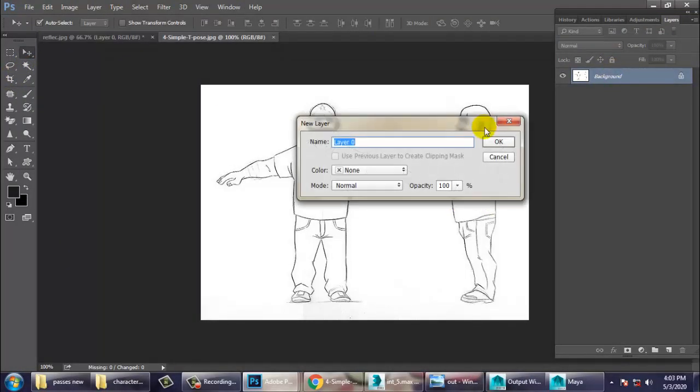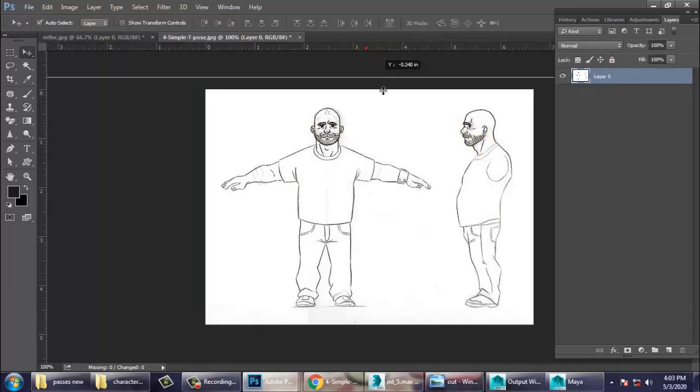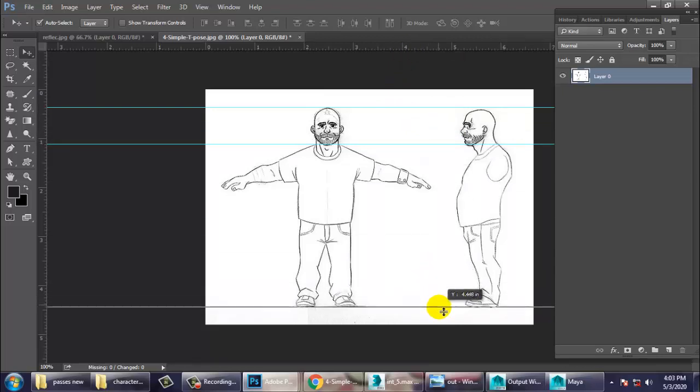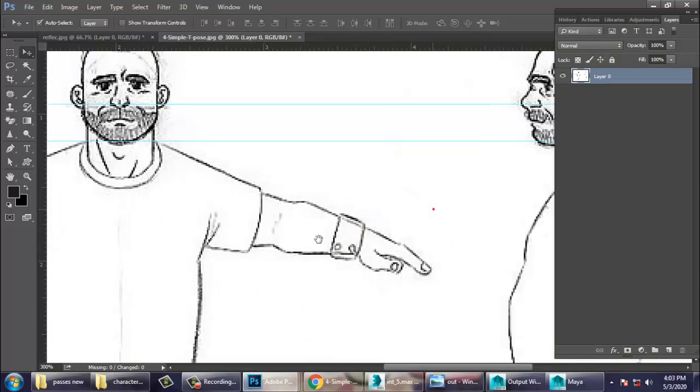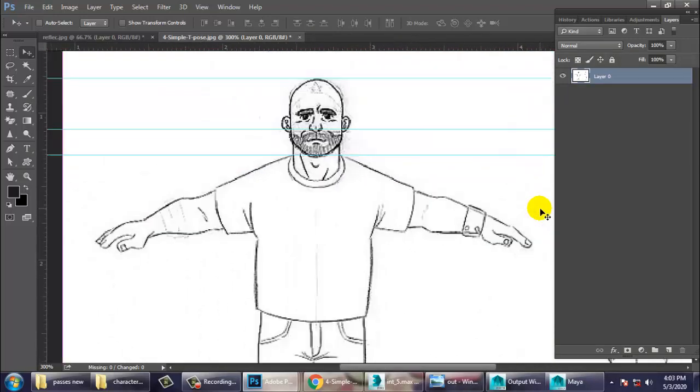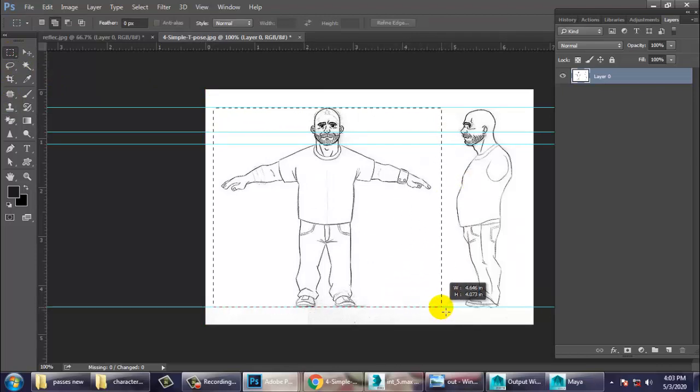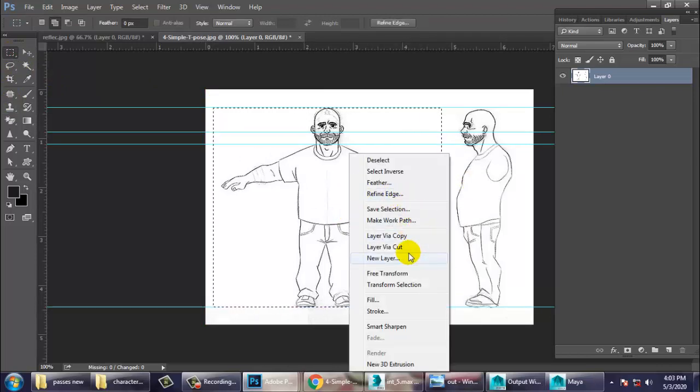So very first of all, let's go into ruler and let's check whether it is in a straight line or not. So we need to do such kind of adjustments over here to generate it the right possible way. So just zoom it. Alright. So let's go over here. Let's select this much of the part, right click, layer via cut.